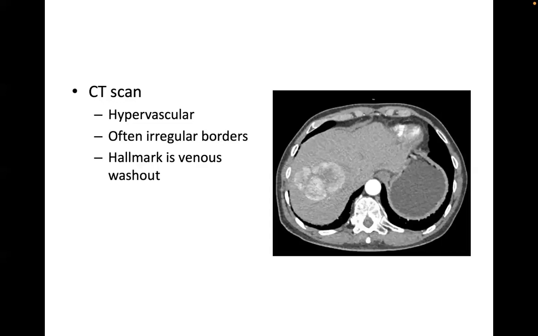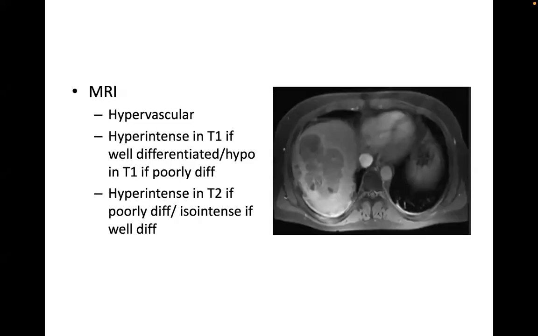I think we have seen and we are familiar with HCC lesions on CT scans. So this is the MRI. Also, it's a hypervascular lesion. It's hyperintense in T1. So on MRI, the picture that we get will be able to give us information on whether it's a well differentiated or a poorly differentiated